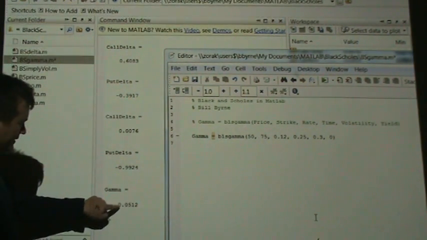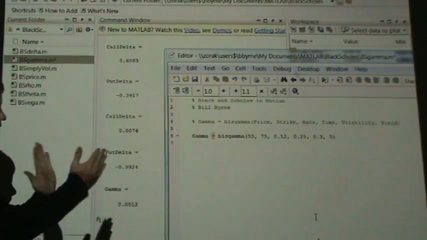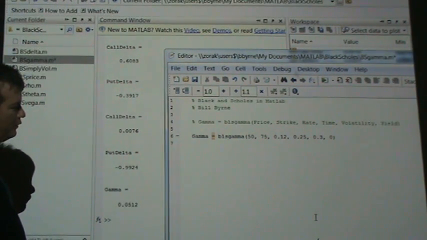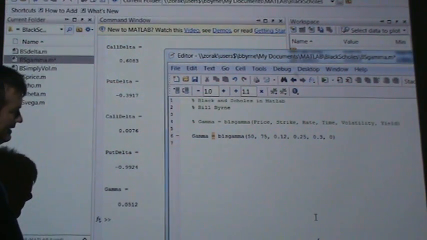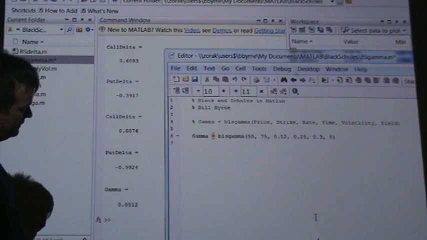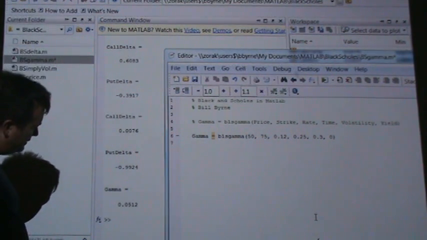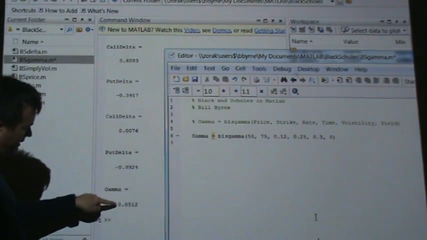Would we expect this rate of change, the window in which that statement is valid, to increase or decrease? And I would think that the gamma would go down,